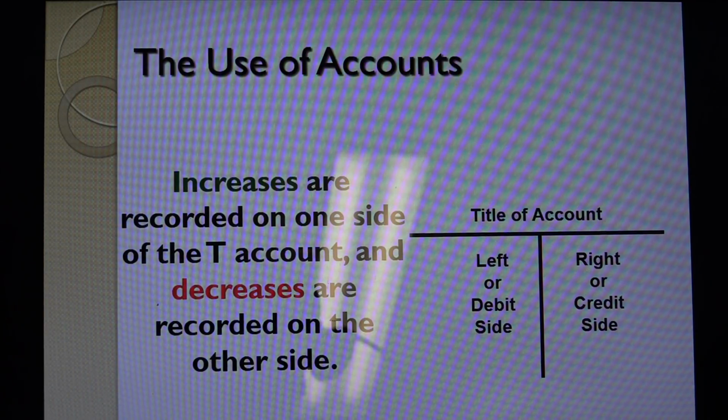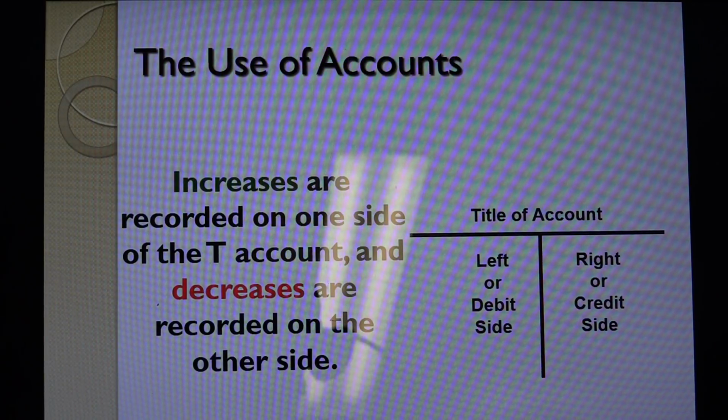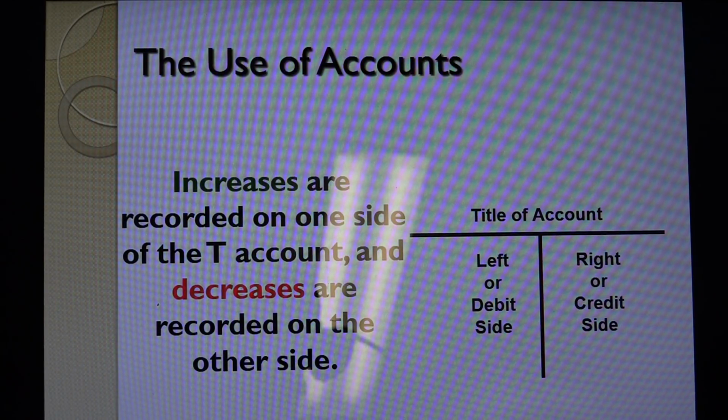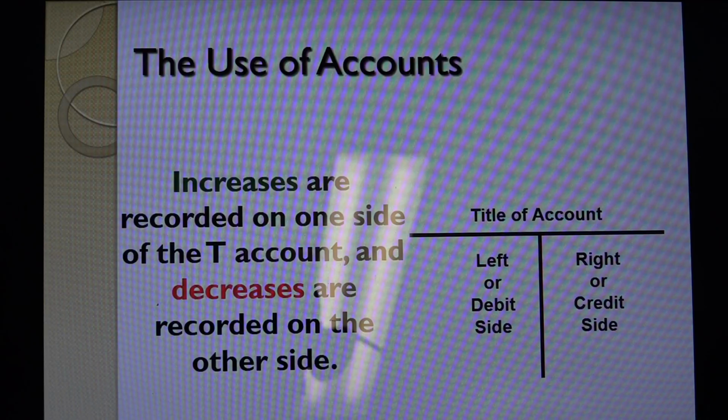An account is going to have increases and decreases over time. For instance, cash. You're going to have cash come in, you're going to have cash go out. And so this T account symbolizes, for instance, in that example, the cash ledger account, or the cash account in the ledger,